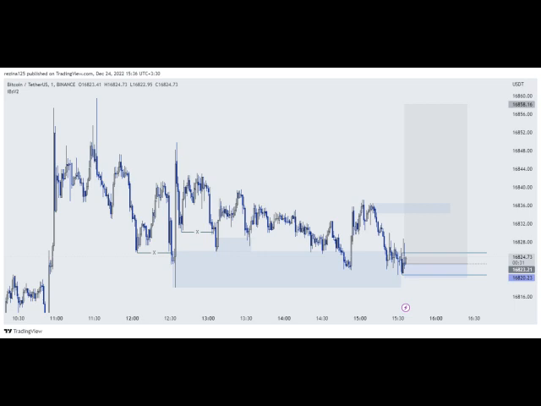But for me, I was more interested in this one, because even though this was still unmitigated, if you look at a range perspective, you have this push down, we have the push up, right, and you have the push down, and price here already mitigated the entire range. So even though I'm still happy to take a sell from here, because the range is still not fully mitigated unless the AQ is met, I was also aware that price already tapped here and moved to the downside. So I was more interested in this POI. So when price reached here